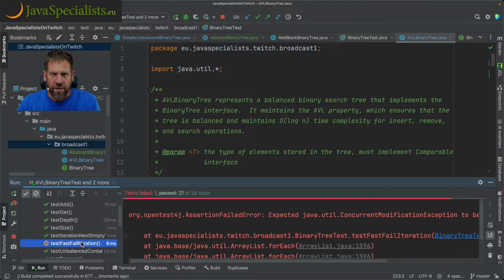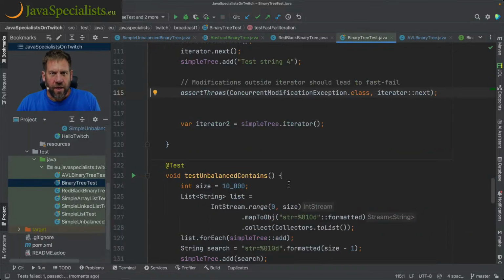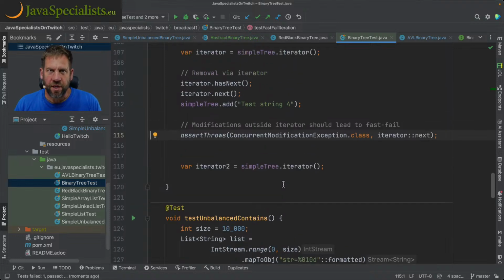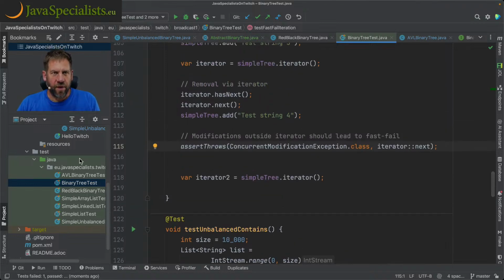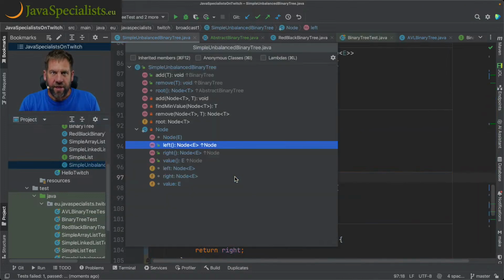Oh, concurrent modification exception. That's interesting. I should have seen a concurrent modification exception, so I must have changed something somewhere there. So I wonder if that's in the iterator,